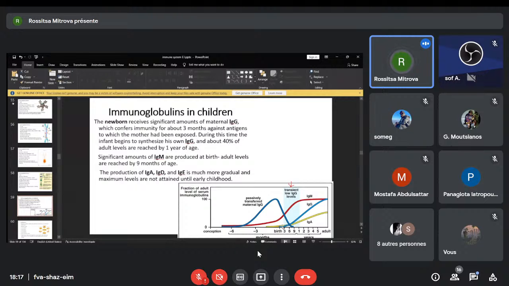All the antigens she has met and contacted, she has immunoglobulins G against them and they are transferred to the baby. During this time, at month 3, the infant begins to synthesize his own IgG, and at the age of 9 months, about 40% of the normal level in adults is reached, while the